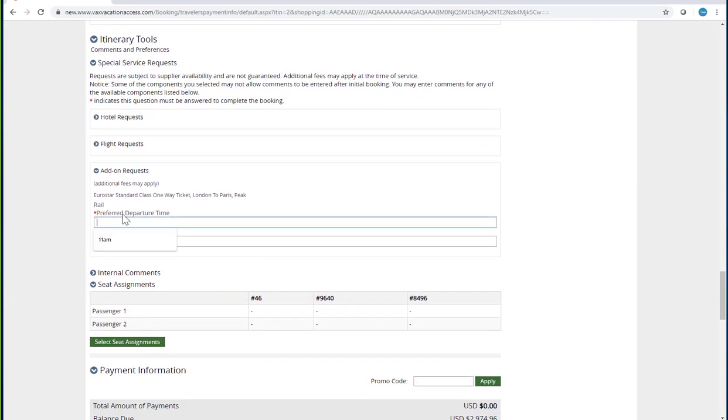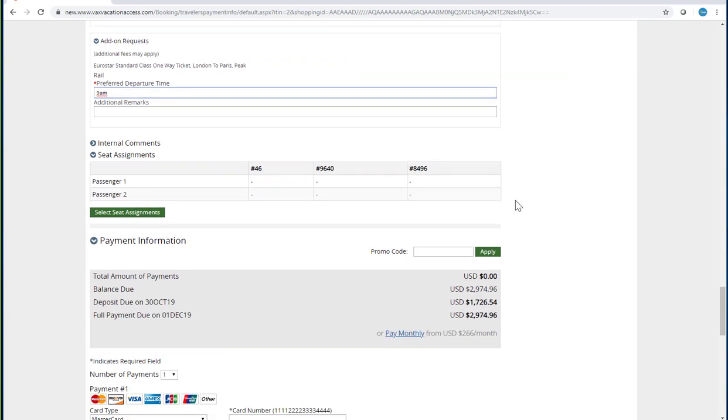Under your add-on requests, it says Eurostar Standard Class one-way ticket, London to Paris peak. You're going to put in your specific time that you want, because it won't let you book it without it. So you can put in, let's say, 9 a.m. And then hit book. And then from there, what will happen is when we book those Eurostar rail options for you,